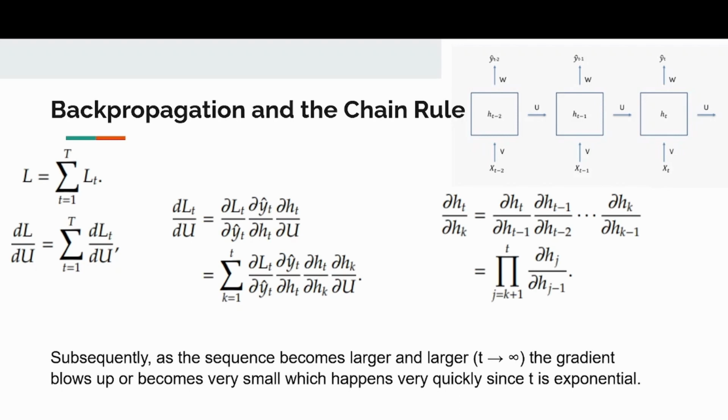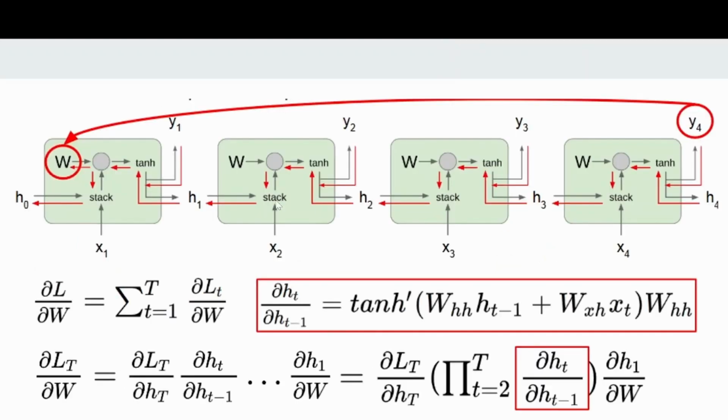I won't go through the steps due to time constraints, but we can see that as the chain rule continues to apply, it eventually becomes the product notation of deriving a hidden layer with respect to the previous one. We can also look specifically at the weight matrix's involvement as we derive the gradient with respect to individual weights. The next slide might show this a little better. The red arrow shows the backpropagation and how it goes through steps such as the activation function, how the continuous weight matrix then applies, and then eventually goes through to the previous hidden layer.